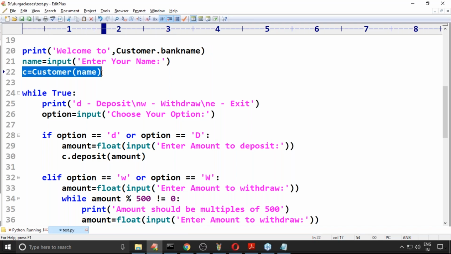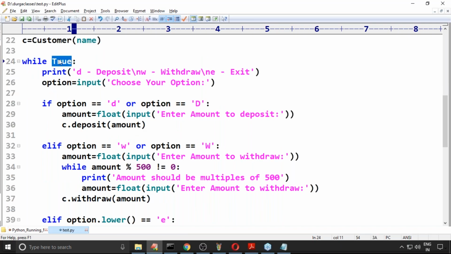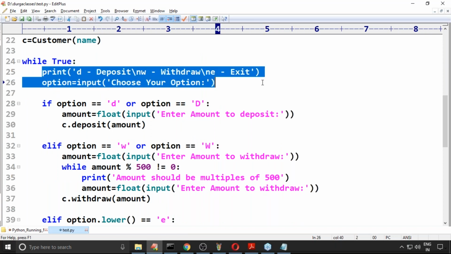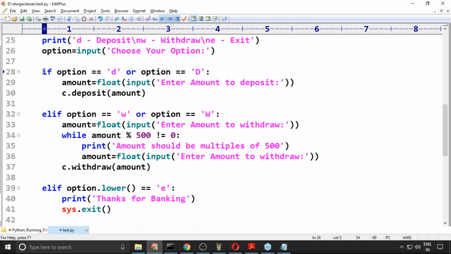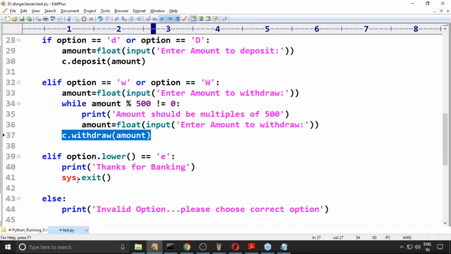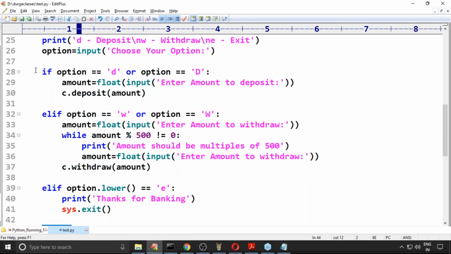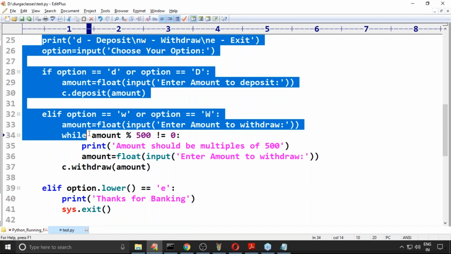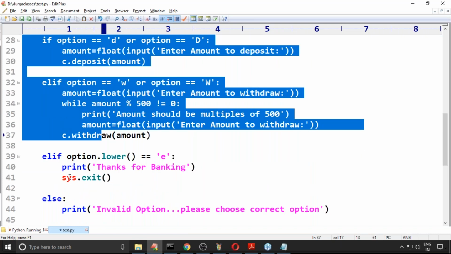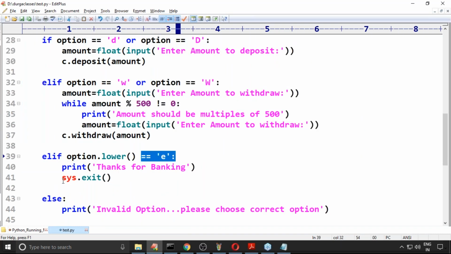Now while true, it is showing which option you want to choose: either deposit, withdraw, or exit. Based on that, the corresponding methods we are calling. If it is an invalid option, then this while loop is going to continue. The while loop will be stopped only if you choose option E.